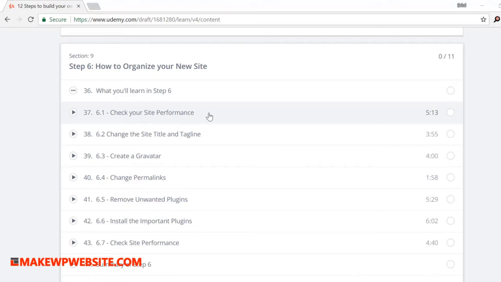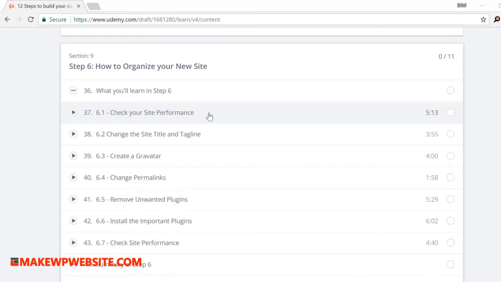With the default plugins given by HostGator, the page speed was much better once I removed all those and installed my own plugins. So this is a very good list of plugins that will help you solve many of the problems, and it is also recommended from my side so that your site speed performance will increase. Okay, that we're going to learn in section 6.6.